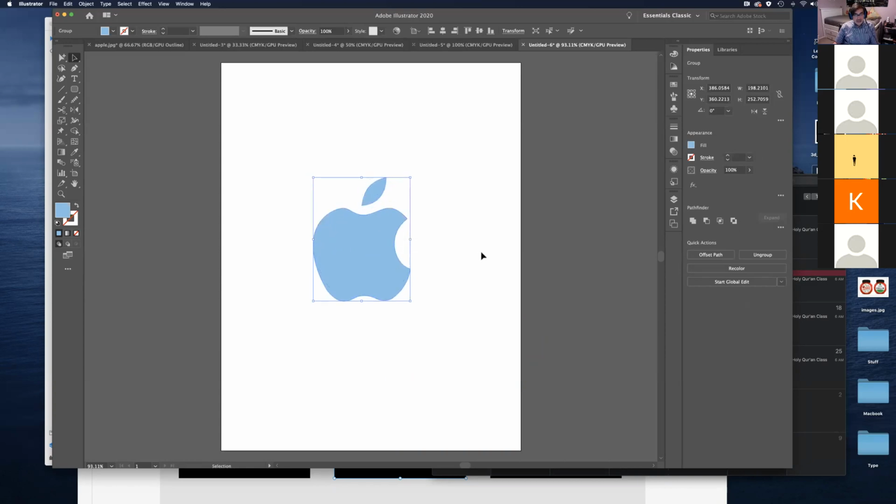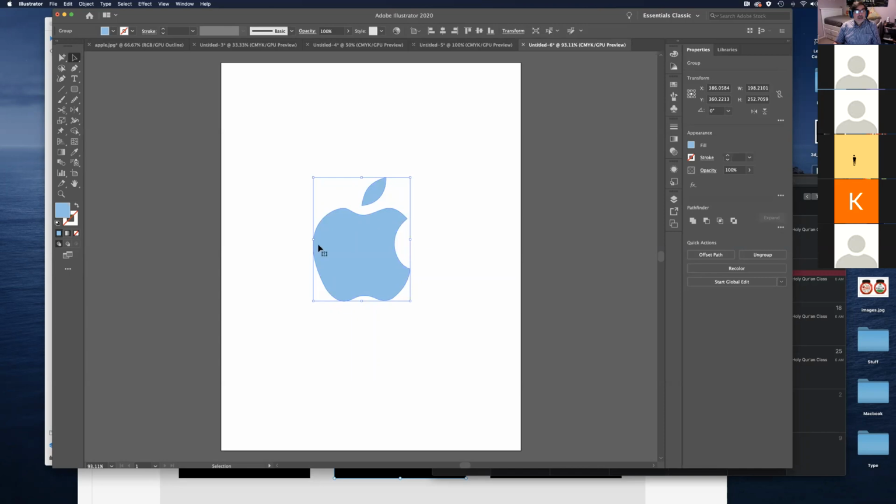Now, secondly, I'm going to Command C to copy, Command F to paste in front. Okay, so basically I have two logos right now sitting on top of each other. So the one which is on top over here,